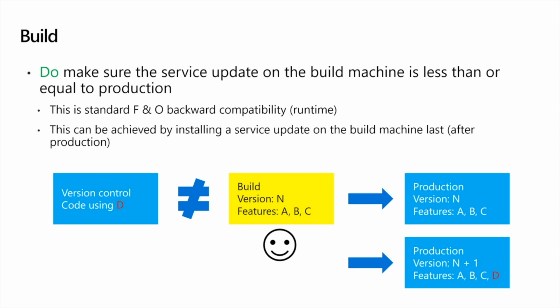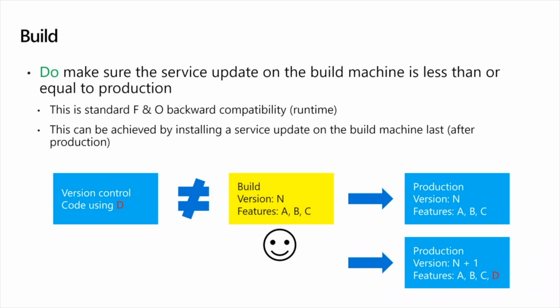And doing this can be achieved by installing a new service update on the build machine last, or at least after production, or not at all. It's not critical that the build machine or the development machines be updated with a new service update in most cases. Let's talk about this example where we check in some code to version control that uses class or table